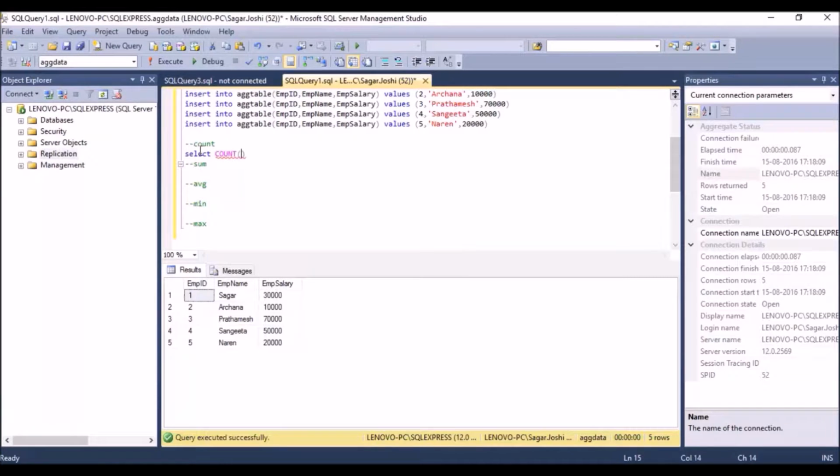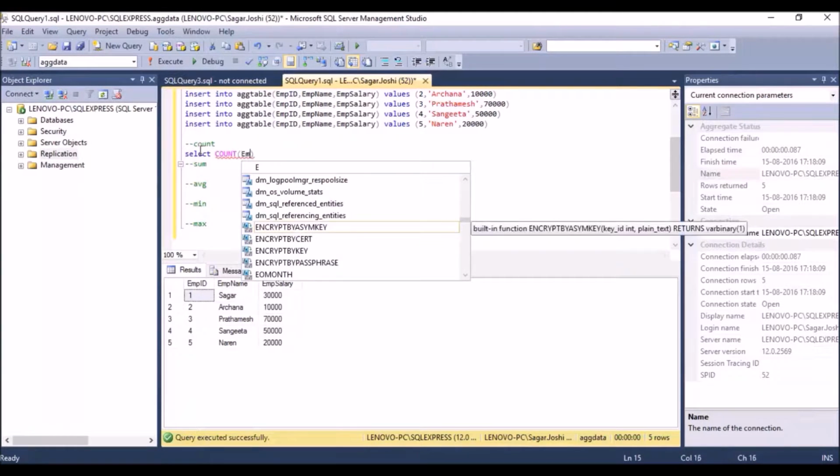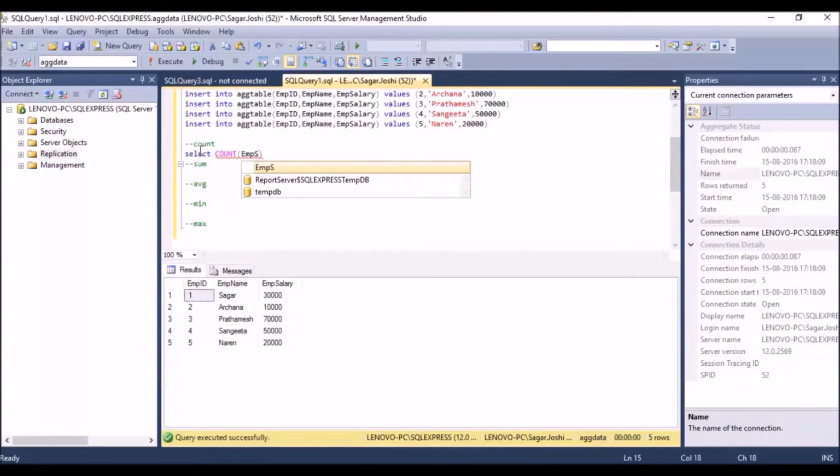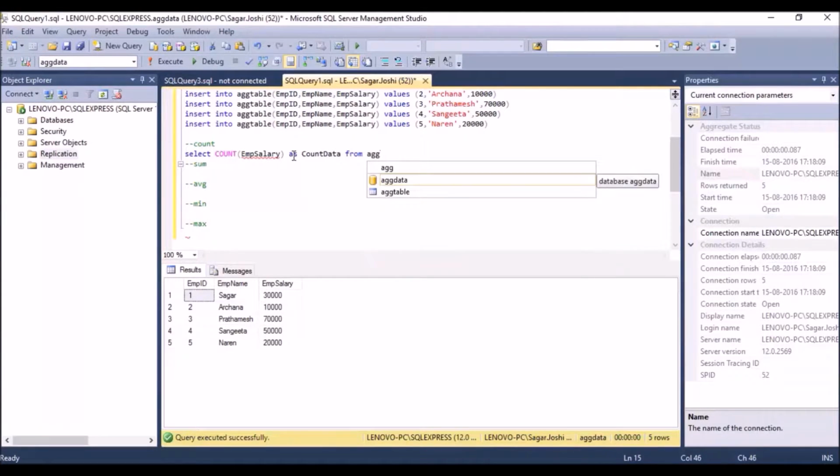You specify the column name m salary, and give a column name for the output, count data, from table name. Table name is ag table.